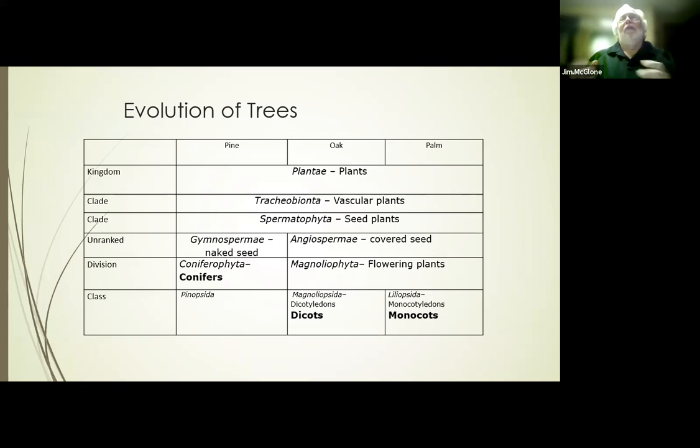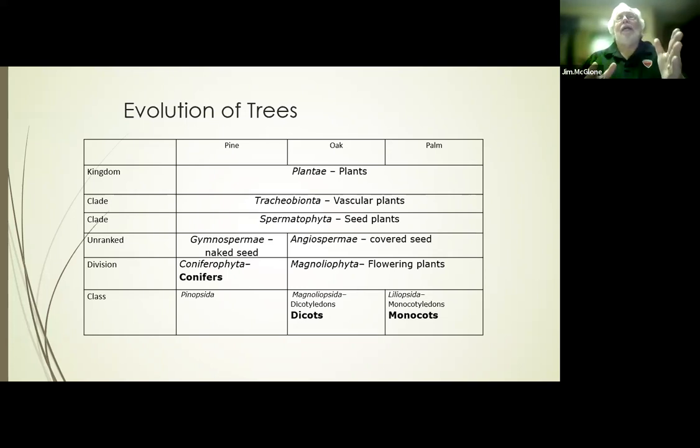So the angiosperms have a carpel that surrounds the ovule, and that's what makes those hard little coverings around the apple seeds in the core of the apple. That's the carpel. That's what we mean by a covered seed. The gymnosperms around here mainly are conifers and ginkgos, but then the angiosperms, which are the flowering plants in Magnoliophyta, which is a division,